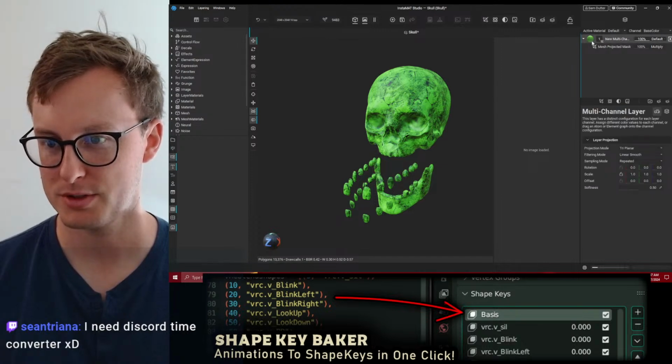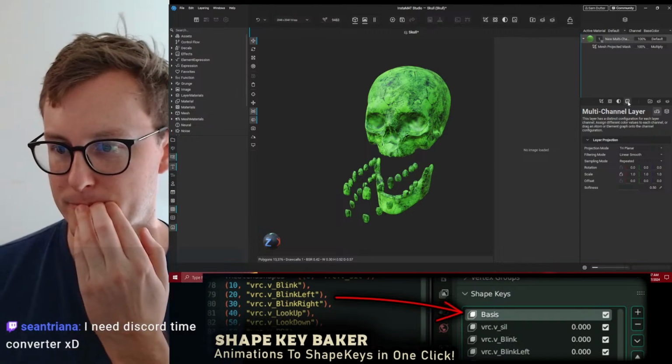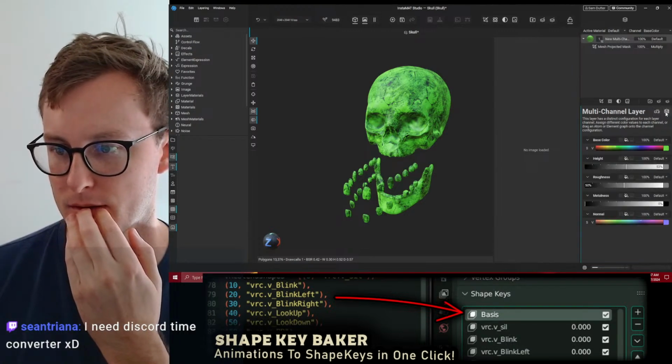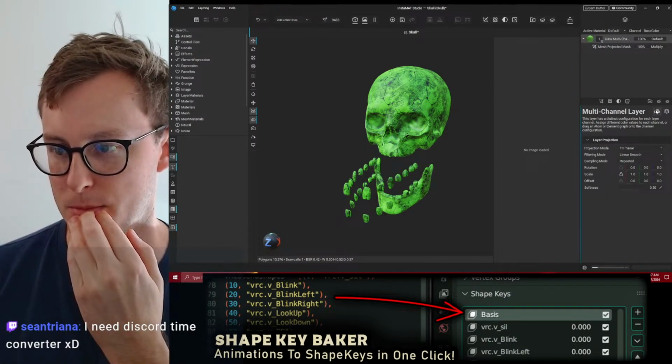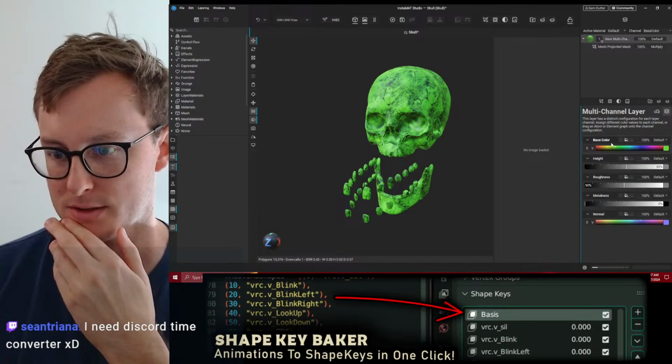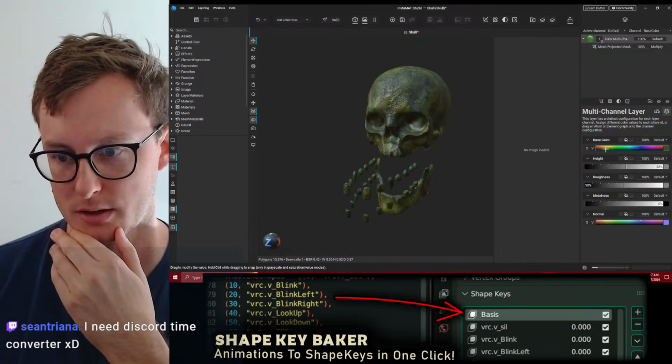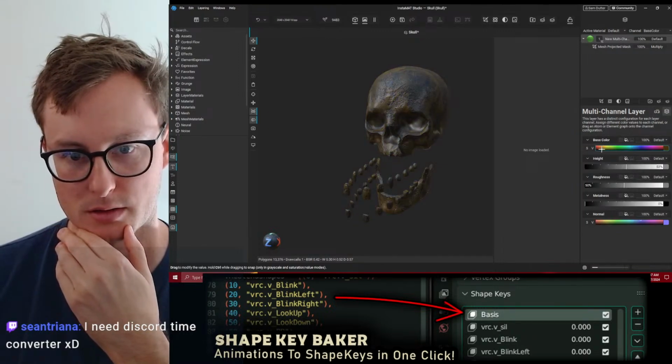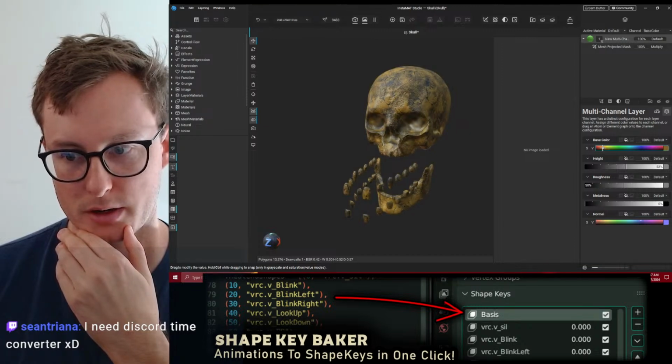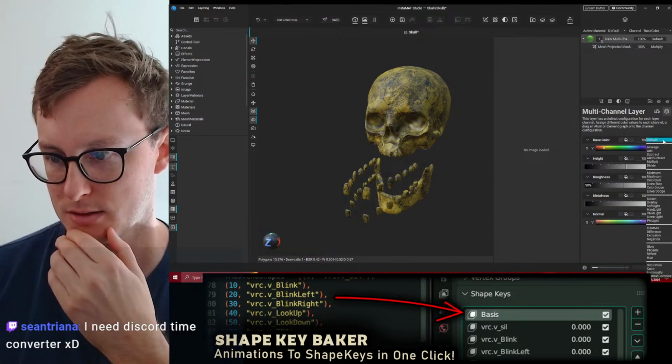So I have the multi-channel layer. Okay, so this is the projection settings, and then we've got the layer settings. I can adjust the color. So I'll do something maybe like a dark brown. I don't like this.